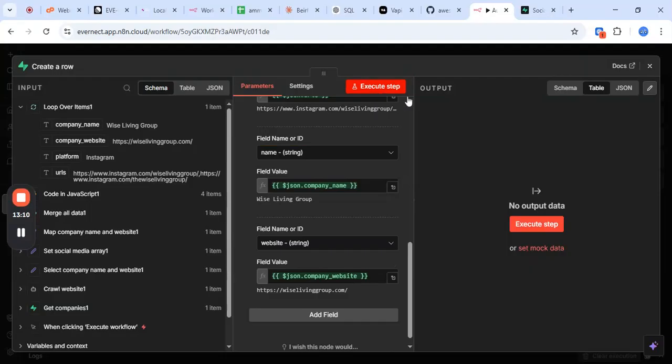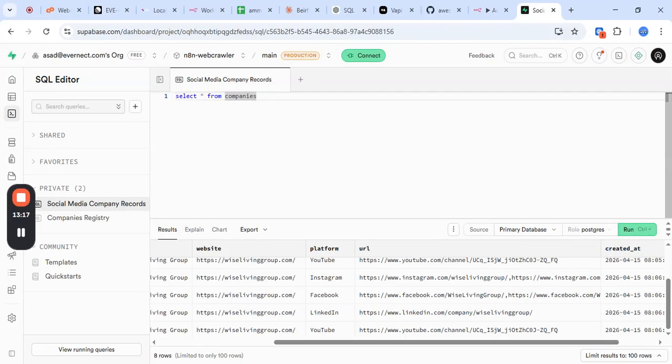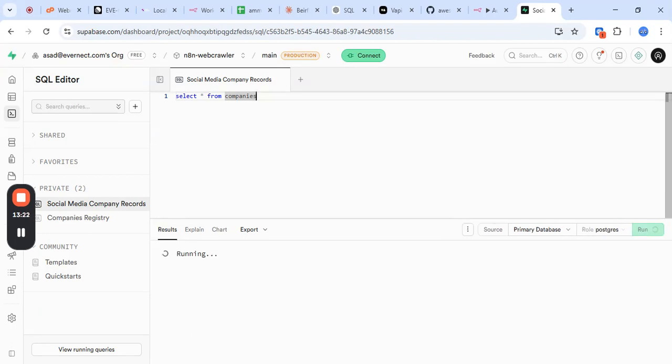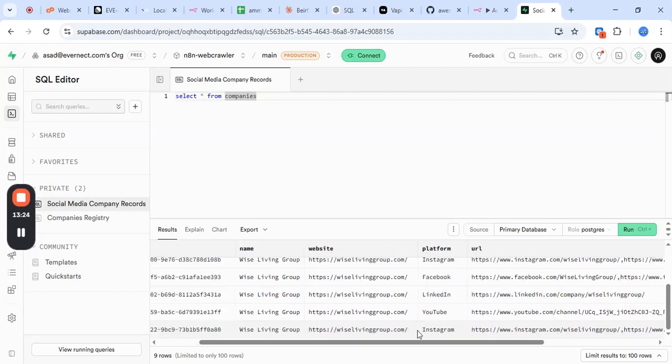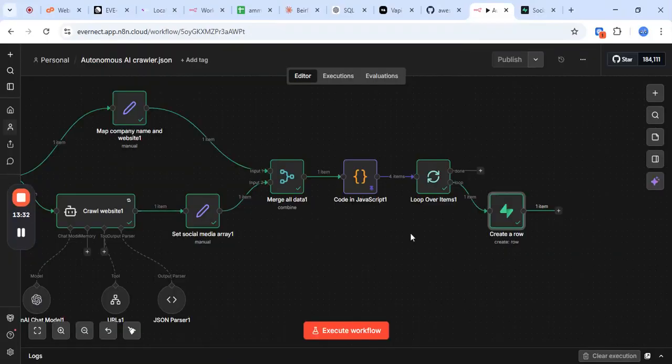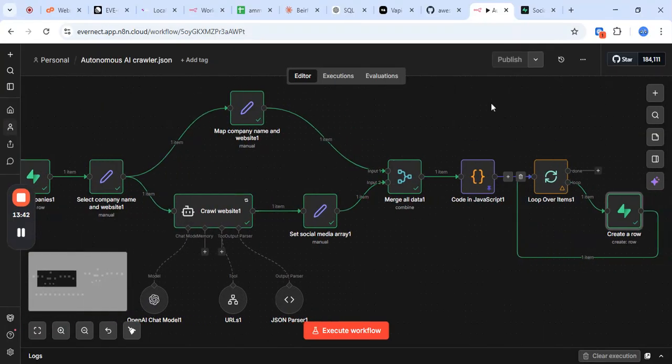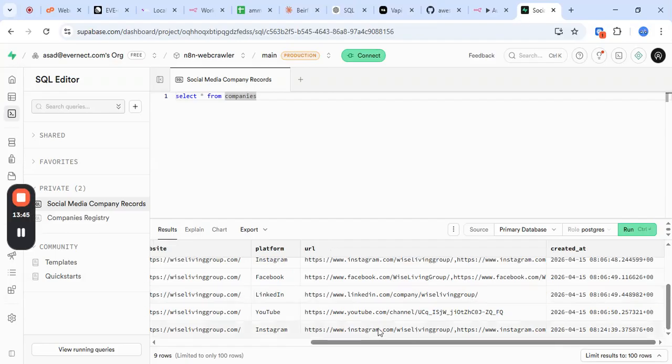Now execute. Once you execute, you have another column here, which is Instagram, and now you have a URL. So when you execute the whole workflow, it goes through each item and executes it. This is the workflow we use, and we get all the social media links here. If I go to, let's say, YouTube,